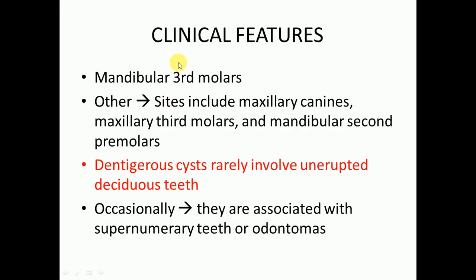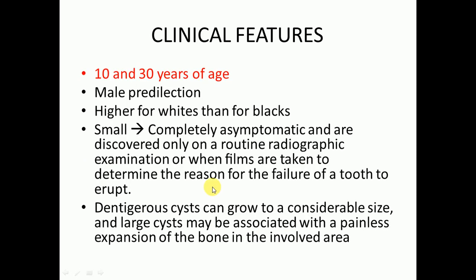It is most commonly present at the mandibular third molar area, and other sites include maxillary canines, maxillary third molars, and mandibular second premolars. Dentigerous cysts rarely involve unerupted deciduous teeth. It is again a very important point. Occasionally they are associated with supernumerary teeth or odontomas. It is most commonly present in patients who are between 10 and 30 years of age,